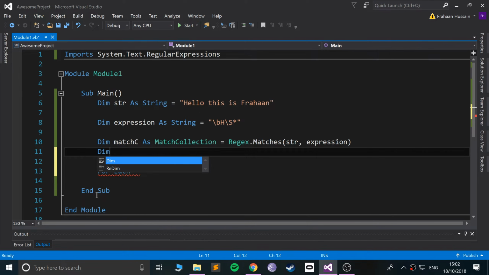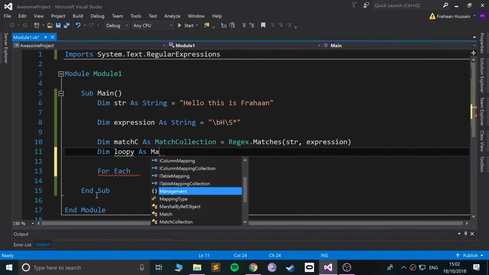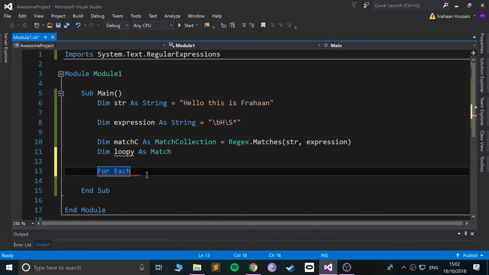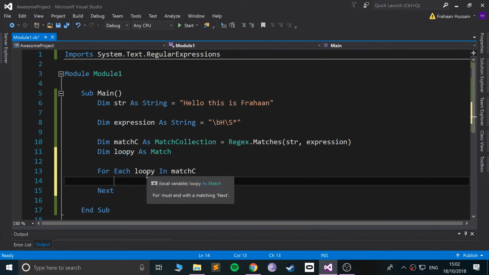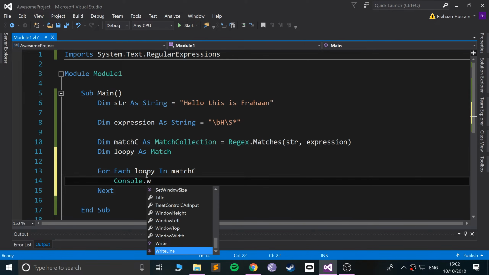So we're going to say Dim loopy, you can call it whatever you want, As Match. This will just check for every single match. So for each loopy in matchC, we will simply do Console.WriteLine